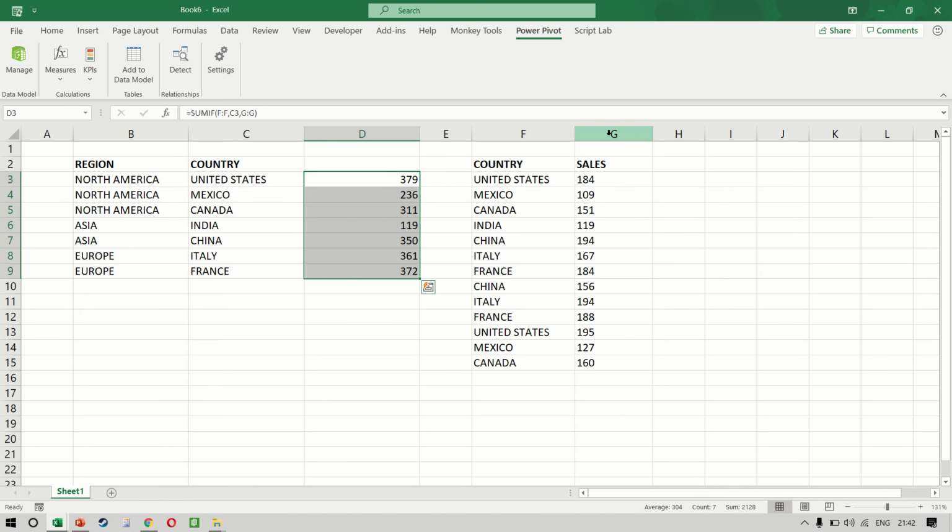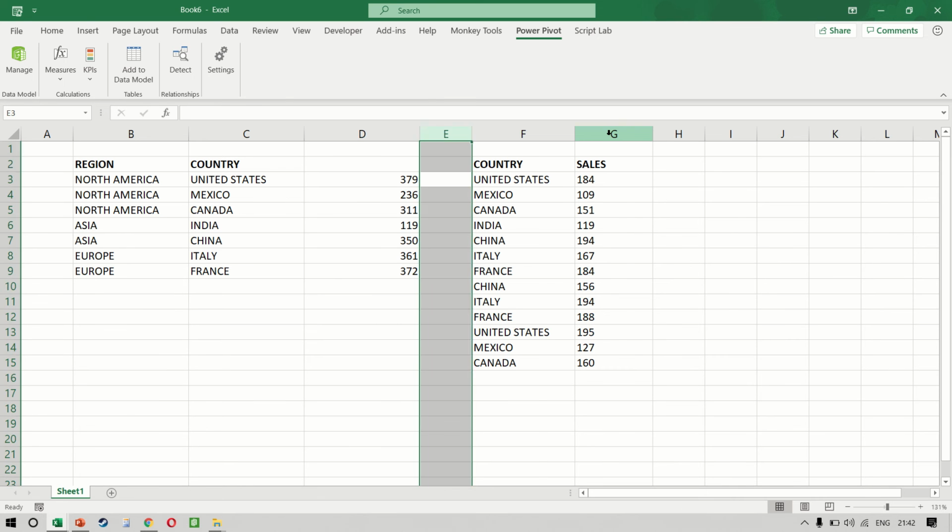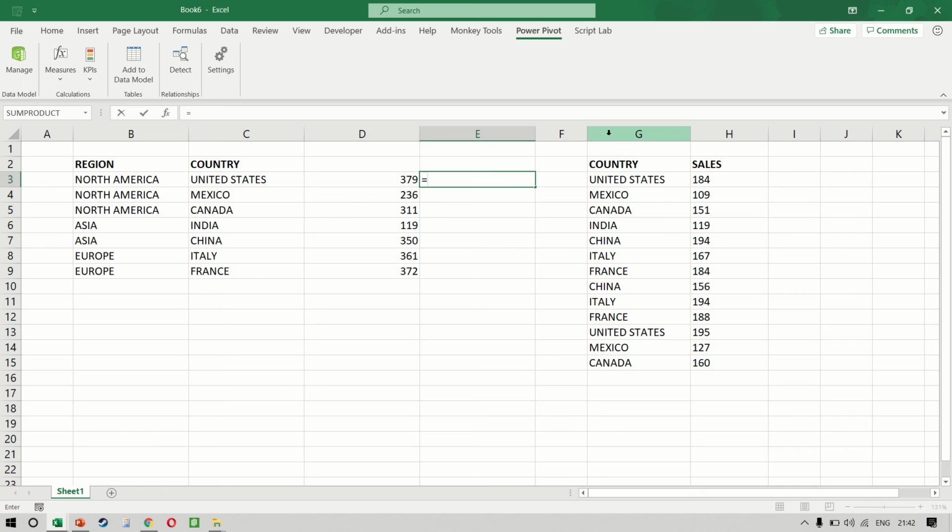But once you have this, then how do you find out the sum of all the regions? Once you've done this, you will have to say equal to SUMIF. The range is column B. The criteria is North America, and the sum range is column D. Now we are somewhat getting the result. Once we've done this, I can simply copy this here and then here, and we do get the result. It's just that this is not really the right way of doing it, no?